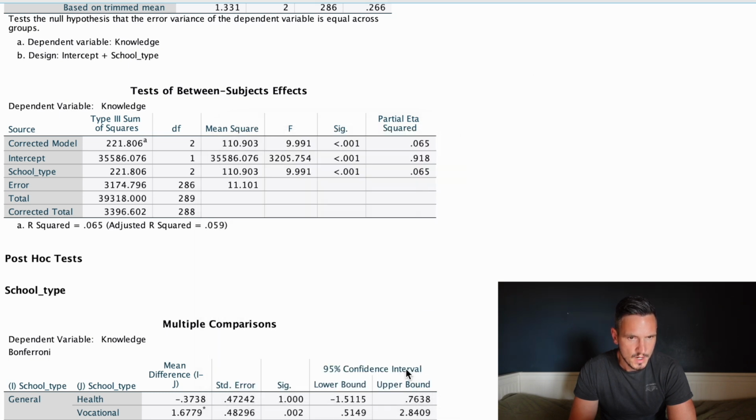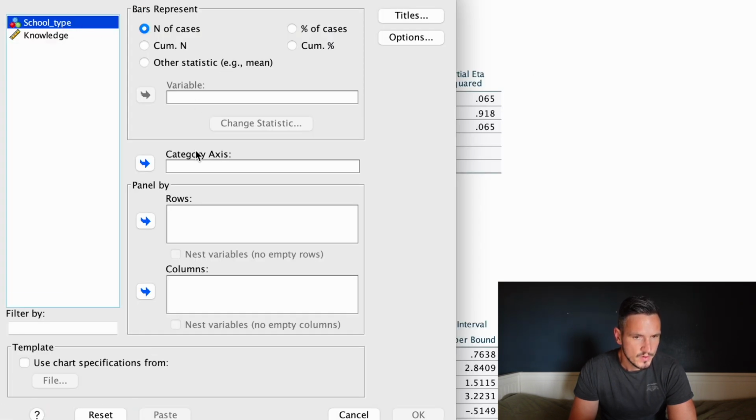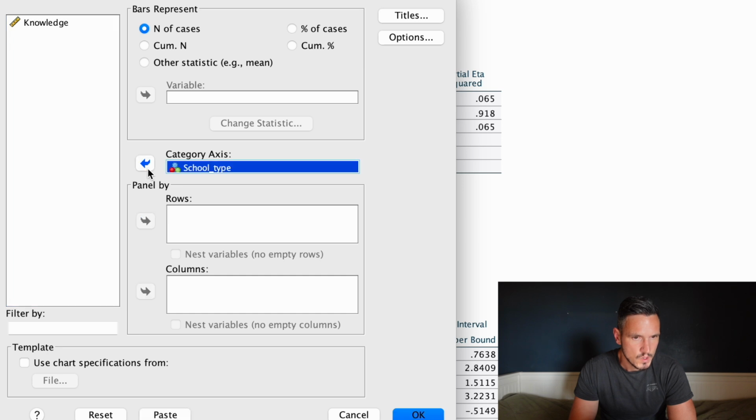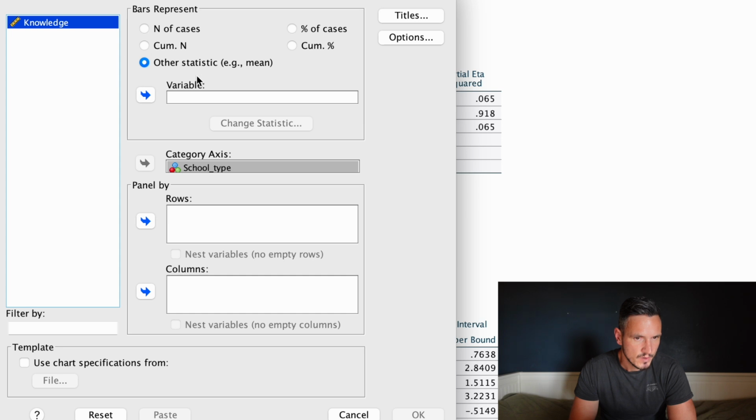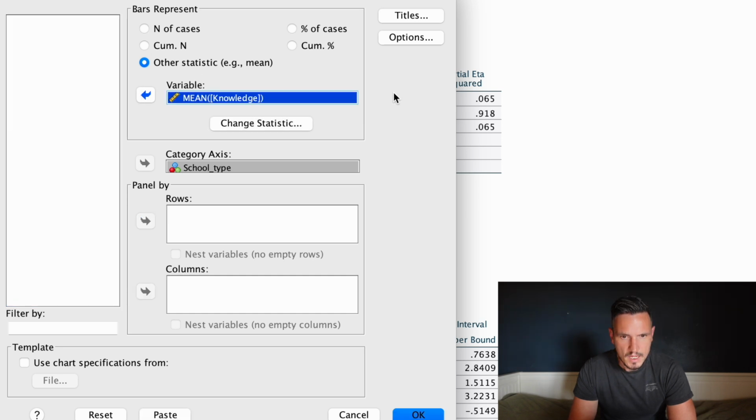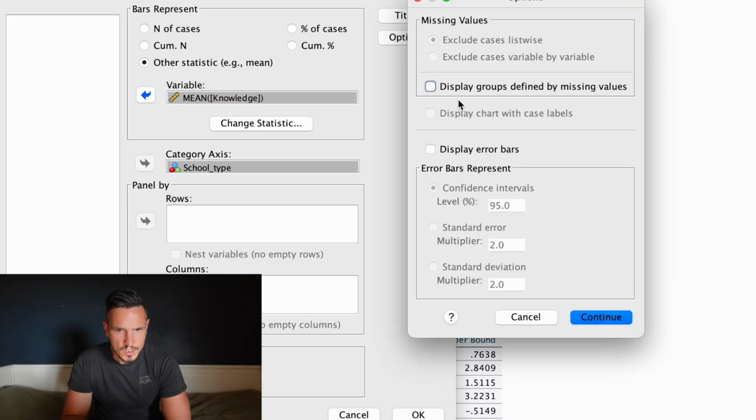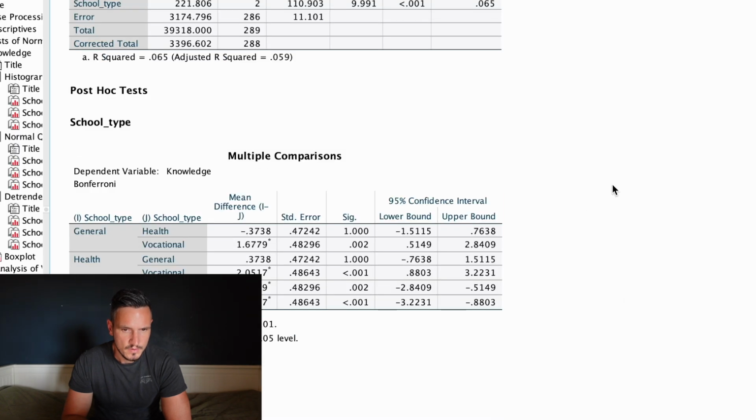So we can go to define, and then we can transfer our independent variable to the category axis box. We can tick other statistic, and then we can transfer our dependent variable to the variable box. And if we choose options here, we can specify that we would like to have error bars for our graph. So once we've selected that, we can go to continue and then to OK, and that's going to generate this